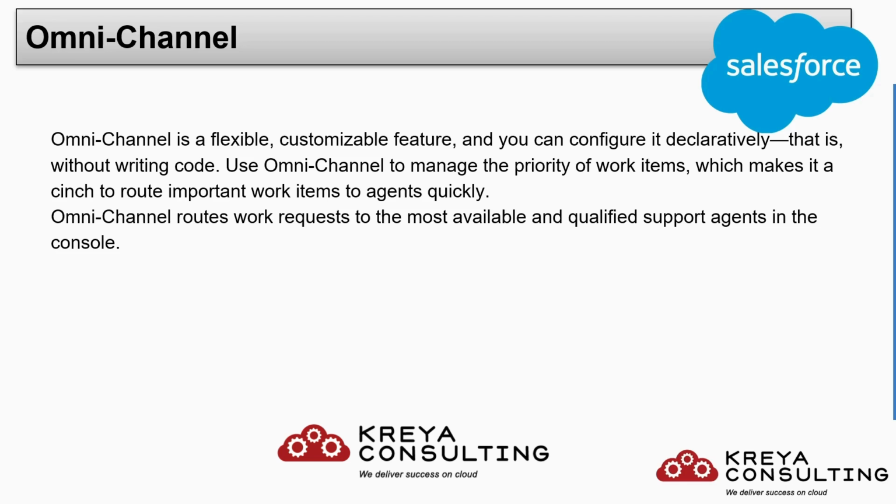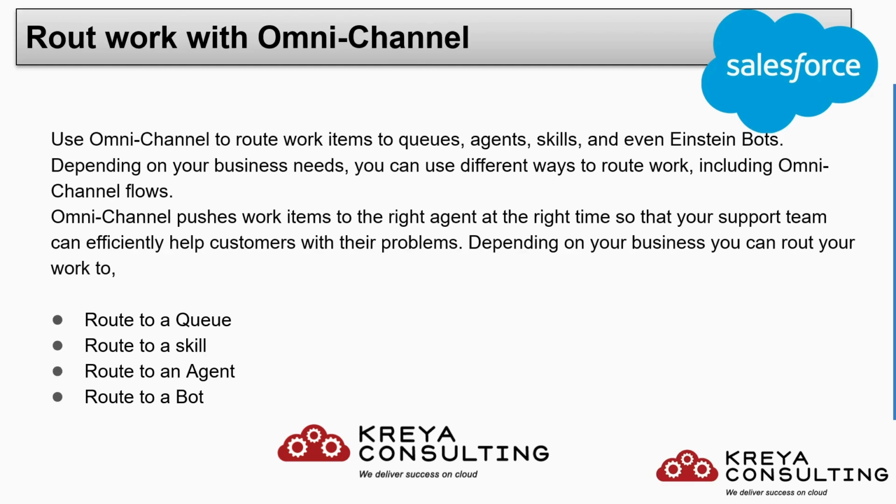So omni-channel basically divides one agent's workload by distributing the cases to the right and most feasible user, most feasible agent actually. It does all its work automatically by the routing configuration that you provide, like skill based routing and many different routing